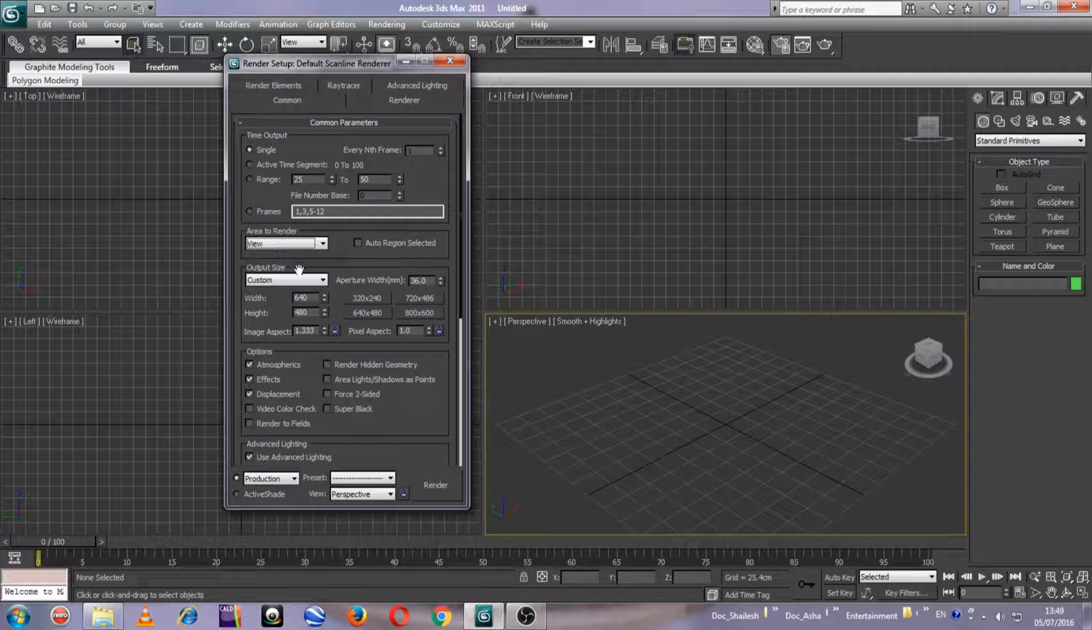Getting down to output size, in output size you have to specify the output resolution of your result. For instance right now it's set on 640 by 480. So this is the resolution. You can always change them. In custom you can specify any value you want,